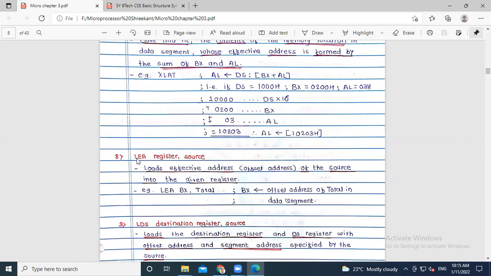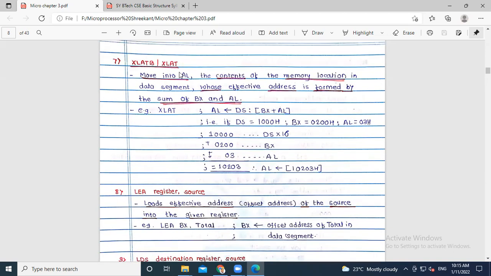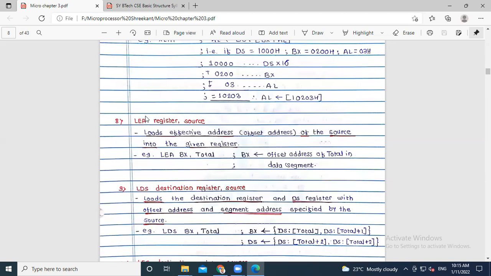The next instruction is LEA. LEA means load effective address. Here I have to mention clearly: load effective address. After getting the effective address from XLAT, we use that effective address with load effective address, which takes a register and a source. For example, LEA BX, total. It means whatever the total value of the offset address is, like 1020 in our previous case,